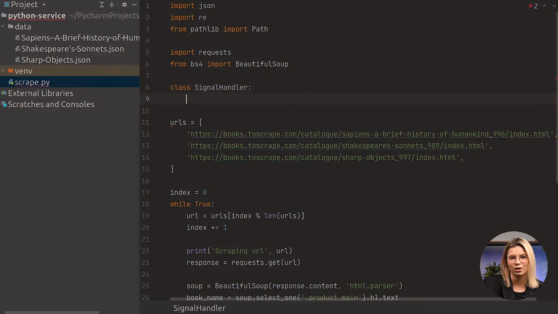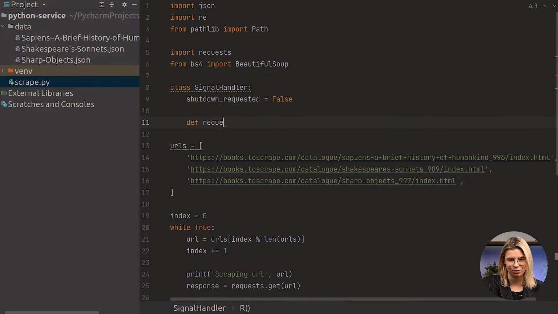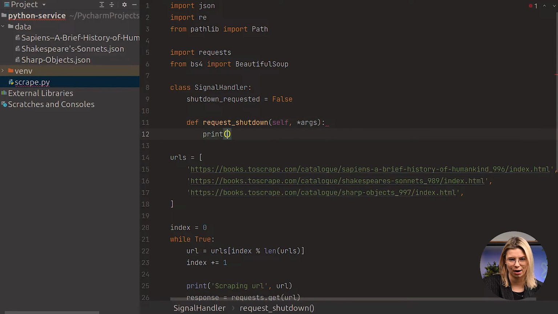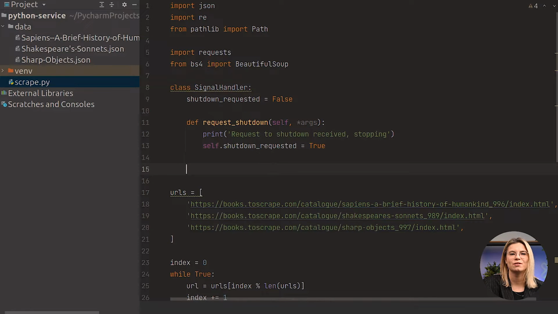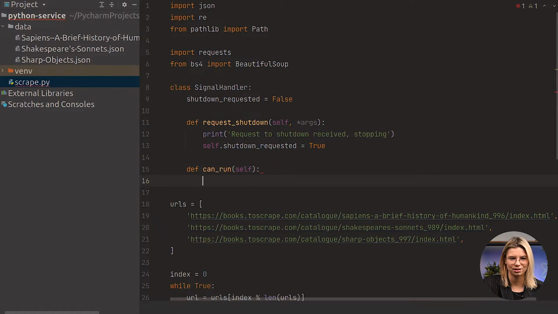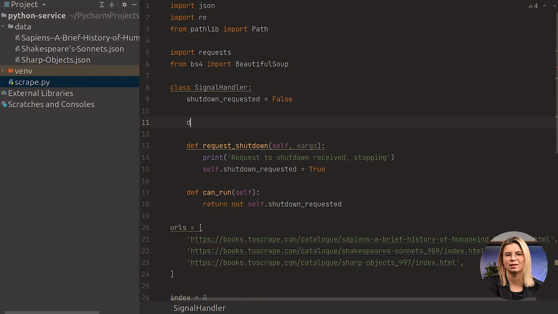We will call ours SignalHandler. Define the class property shutdown_requested that informs us whether the system has requested to shut down our script. To support it, let's define the setter of sorts. request_shutdown will mark the variable as true. Next, we define a method canRun that determines whether the flag is false, effectively telling us whether we can continue